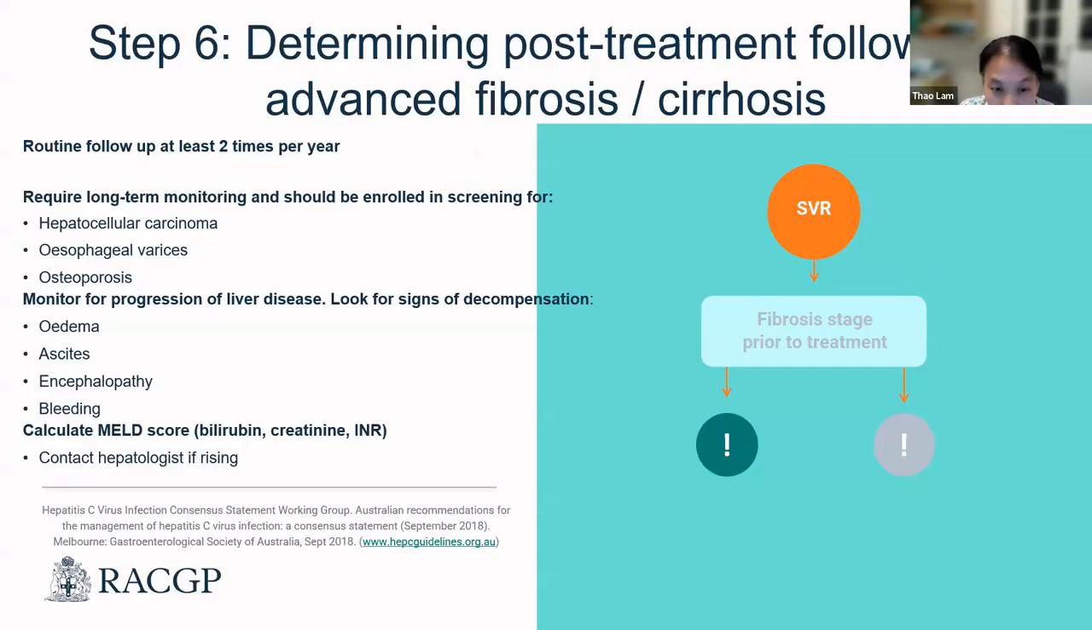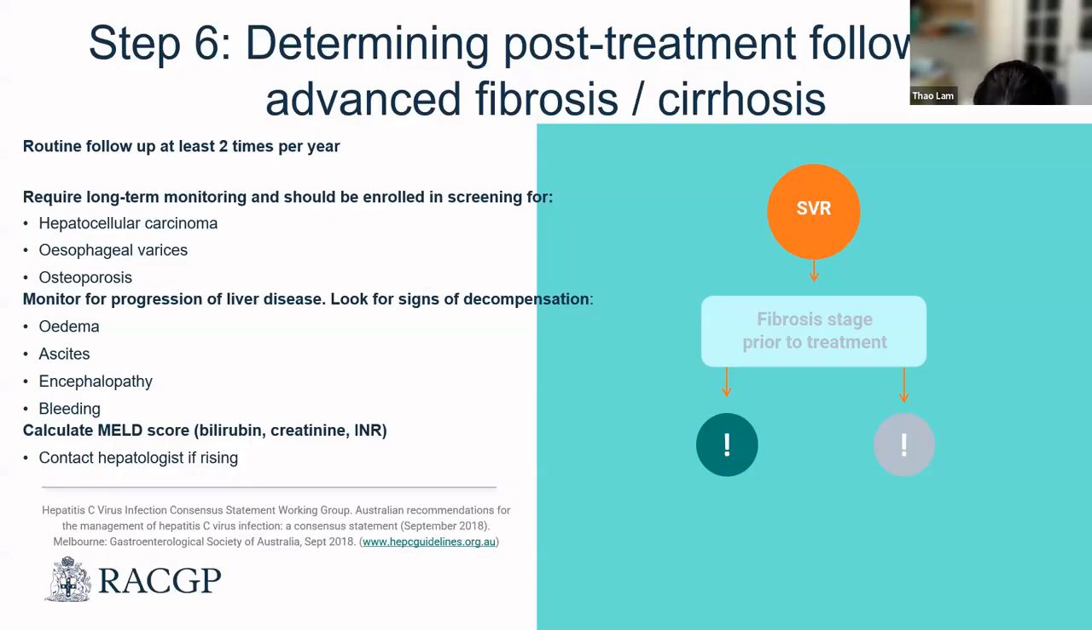So for patients who had advanced fibrosis, which is an F3, or cirrhosis, F4, then they do require regular follow-up. It's recommended at least twice a year to monitor liver disease and tied in with the liver cancer screening. So they should be screened for liver cancer. Some people should be screened for varices and osteoporosis. It's always important to review to monitor progression of liver disease, looking for signs of complications such as development of ascites, peripheral edema, hepatic encephalopathy, check to see the risk of GI bleeding,